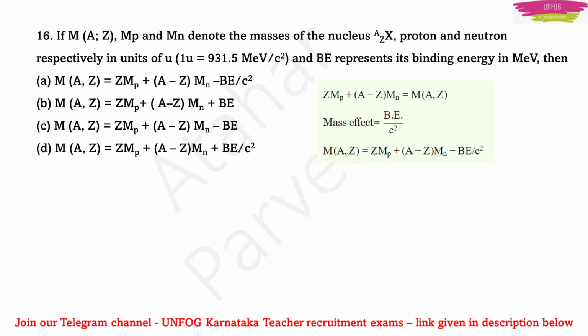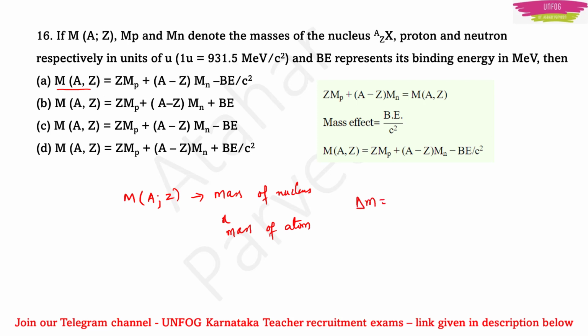Only thing is here you should not get scared by seeing this, because they mean to say that it is a mass of nucleus. Okay, or you can also say that it is mass of atom also, if you neglect the electron, because what we were writing